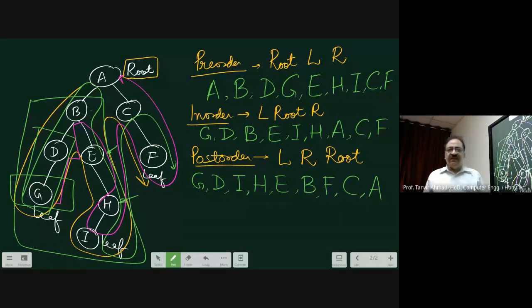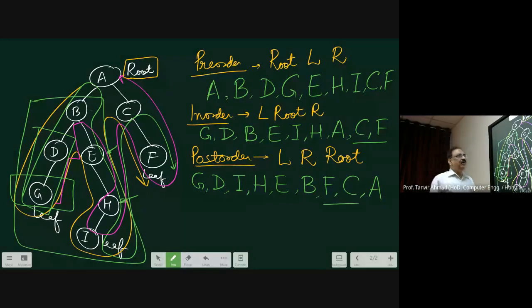Now, this is a difference. In the last one, you find that it is CF. Here you find it's FC. Why? Because at that one, it was root before right. But here, root is after right. Since C is the root, F is the right, you process right first, then the root. The previous one, C was the root and F was right. Therefore, you process first root, then the right. And by this one, you get the traversal like this. And this traversal is the traversal for this given tree.